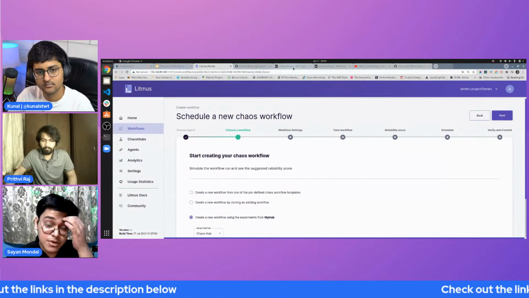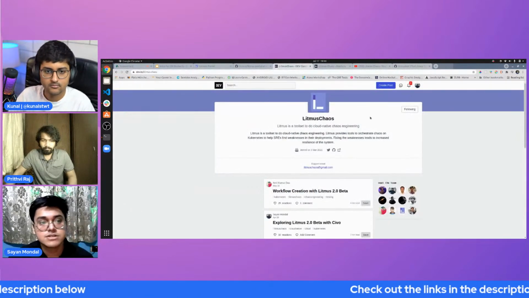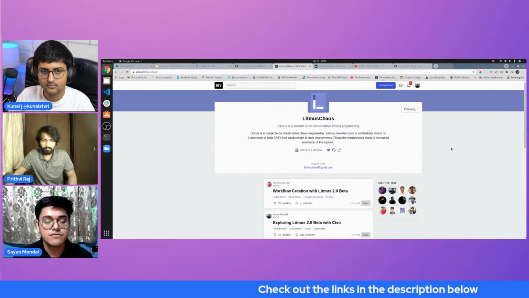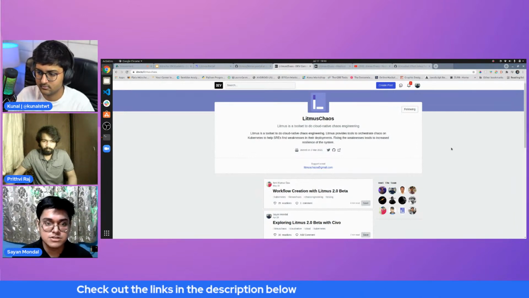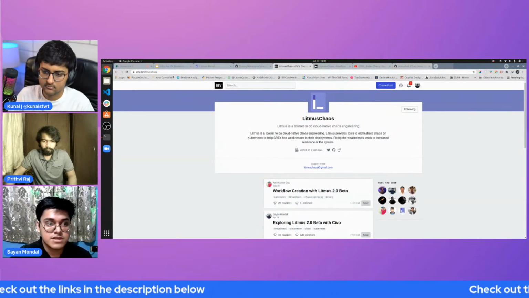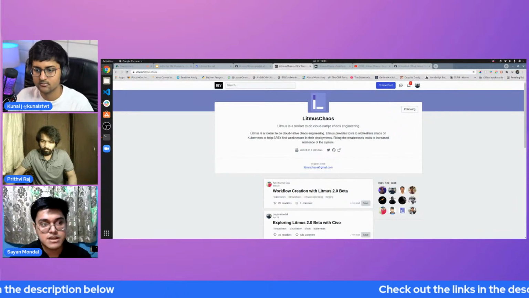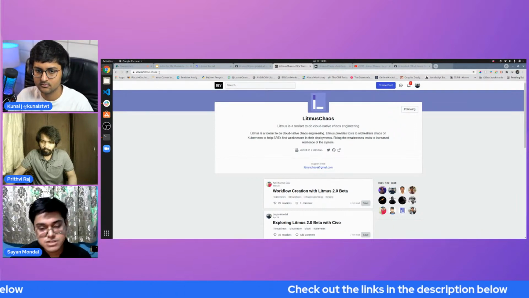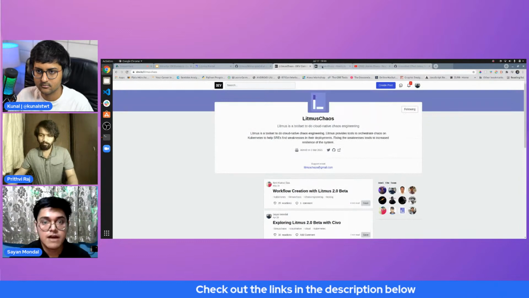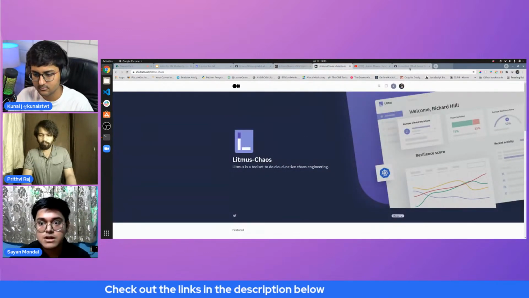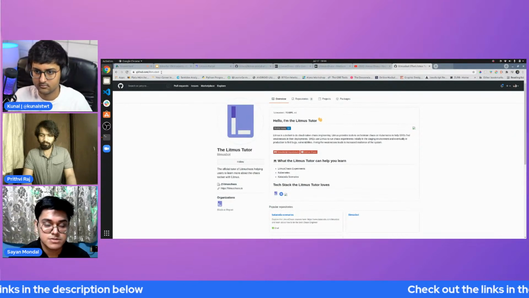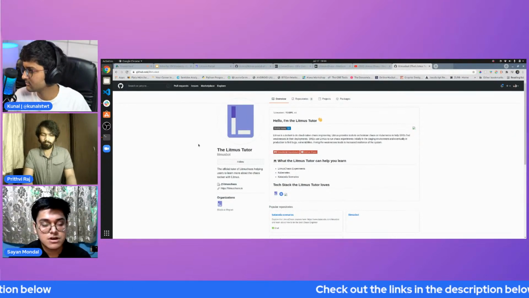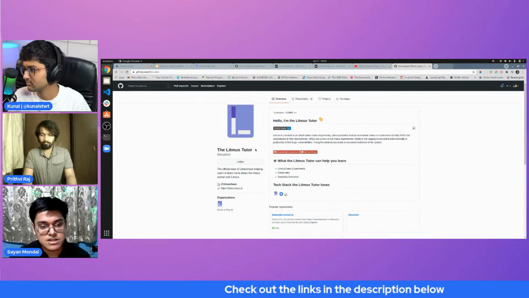Now, jumping to our publications and where you can contribute. If you want to explore more about Litmus, we have the dev.to publication, dev.to/LitmusChaos, where you can write blogs. We have the same for Medium, where you can write blogs. And there are also these repos, like the Litmus bot, github.com/litmusbot, where the username is actually Litmus Tutor, where